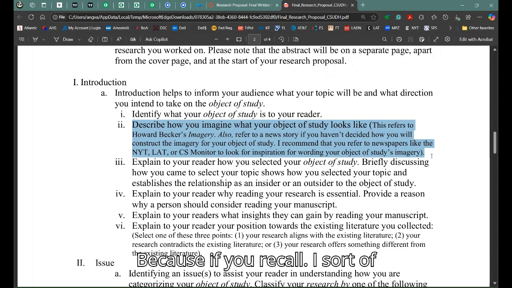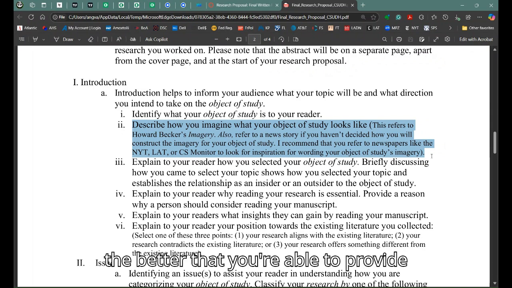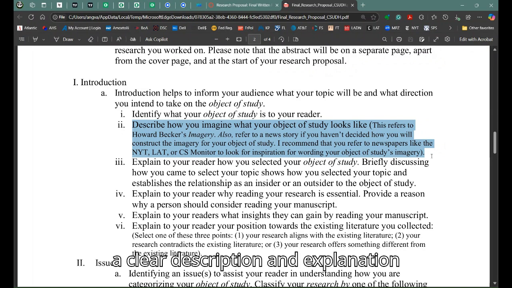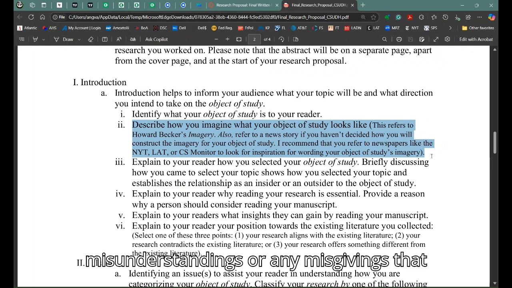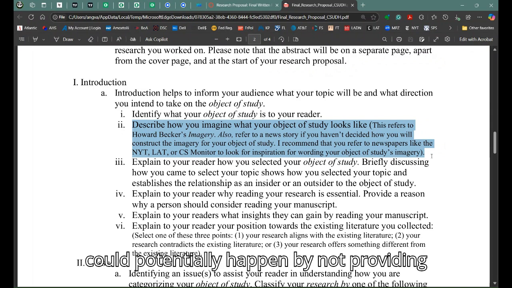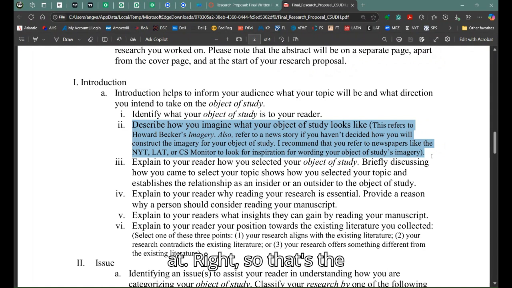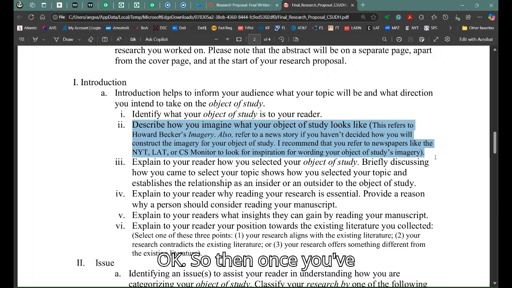Right, because if you recall, I explained along with Howard Becker that the better you're able to provide a clear description and explanation of your topic, the more it helps to reduce any misunderstandings or misgivings that could potentially happen by not providing a full description of what you're looking at. Right. So that's the intent as to why I had you read Becker's piece. Okay. So then